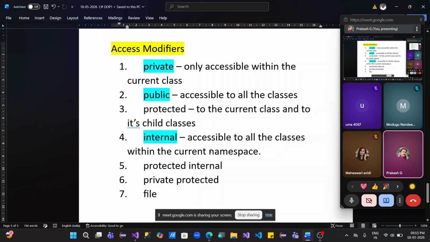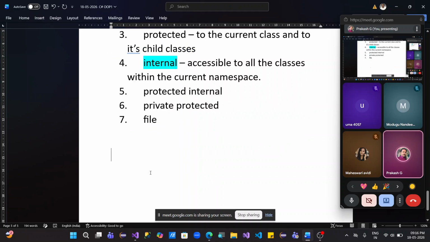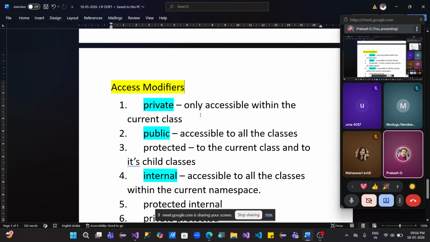What is the default access modifier in C sharp? This is an interview question, guys. These are all the seven access modifiers we have. If I don't mention anything, what is the default access modifier in C sharp? Any guess, guys? Access modifiers or access specifiers, both are the same, guys. So what is the default access modifier in C sharp? The answer is,